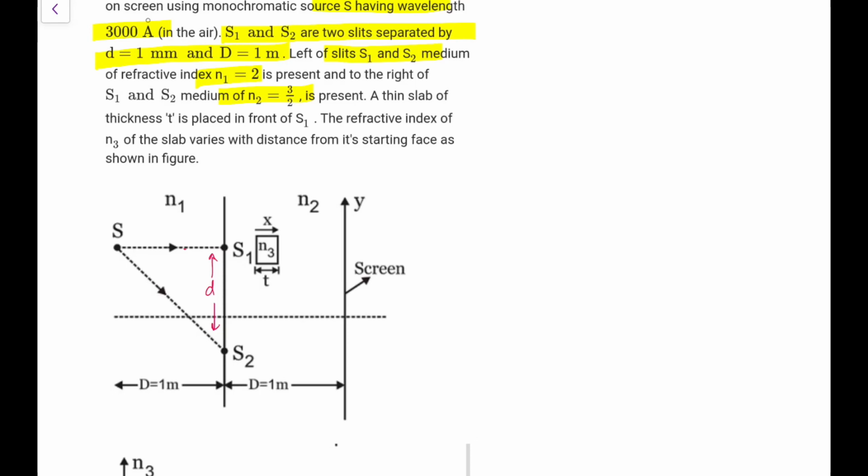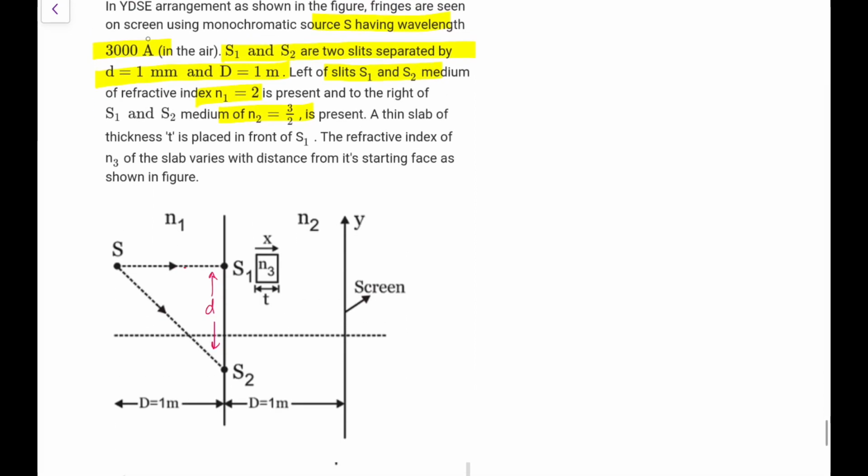Difference I need to find out. So the difference would be, is it in midway? Yes, I am assuming it would be midway. So going by the d sine theta logic, this path difference is d sine theta, which I can say is d by 2 by D, so this would be d square by 2D. That is the difference that we will get, d square by 2D. So the path difference would be n1 into d square by 2D, and this one has traveled more, and now it has to travel more like this. So I will only take that difference.